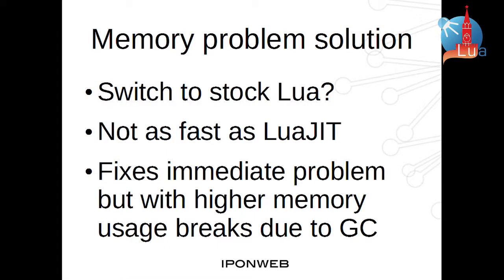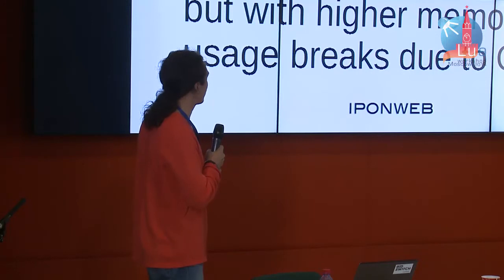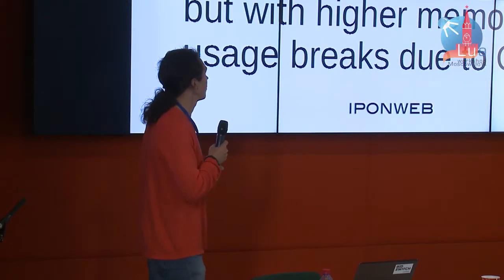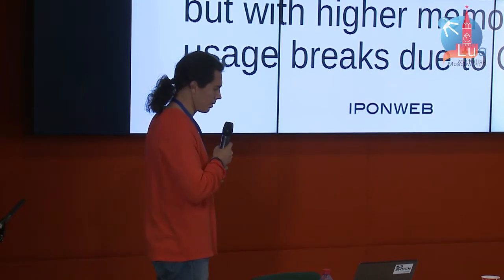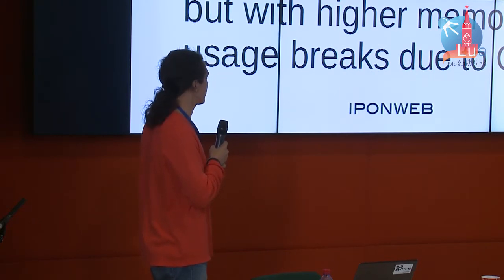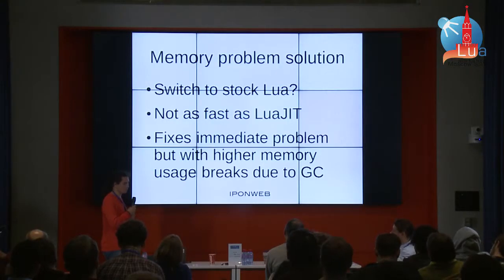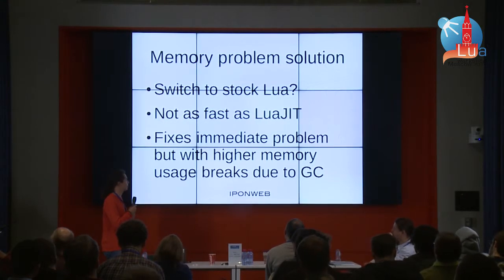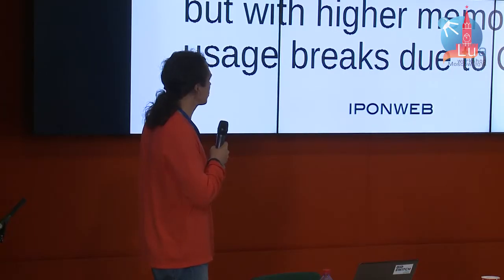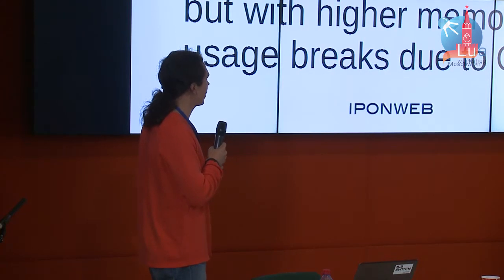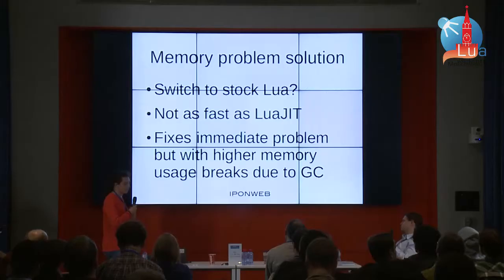What solutions we considered? One solution is maybe switch to stock LuaJIT. This assumes that we switch to 64-bit architecture, which obviously doesn't have this special limitation of LuaJIT 32. But we're kind of reluctant to do this because it gives us a performance penalty, and in our case, it translates in real money. And also, we have a feeling that it's in a certain way a dead-end approach, because